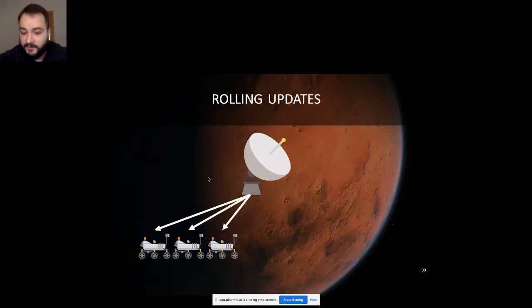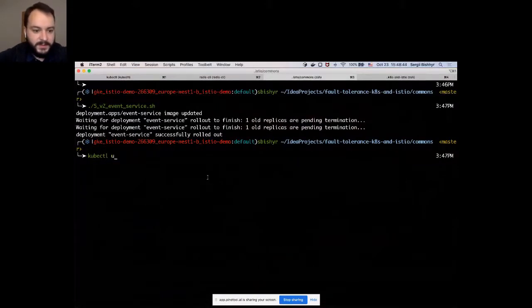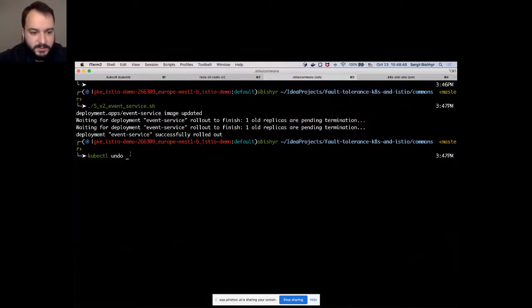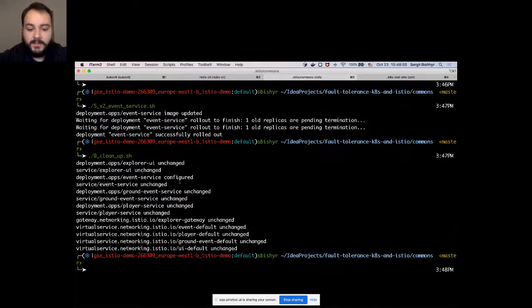So actually, I can revert it back easily using kubectl undo. Okay, why isn't it working? So I can actually revert it back. But the bad news is that every user has noticed this bad behavior, and everyone is angry at me.